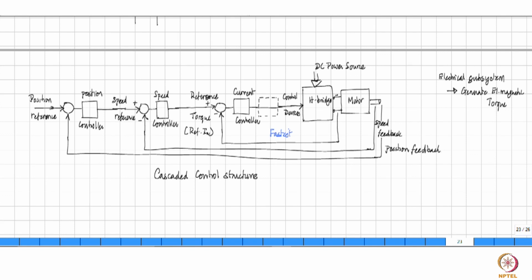Mechanical systems have a moment of inertia, which is a big mass, and it will take time for it to start rotating and move, right? So the fastest variable is controlled first, then you control the next faster variable, which is speed, which is neither too fast nor too slow, and then finally you have the outermost loop, which is the slowest variable. Speed is something that varies much slower than armature current.